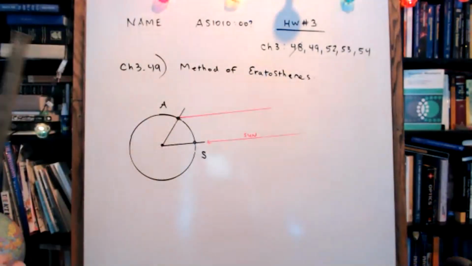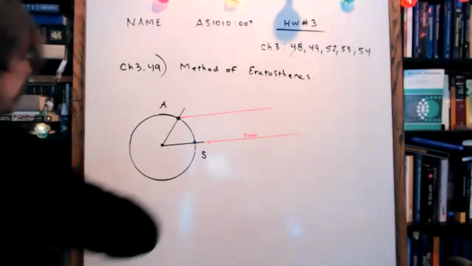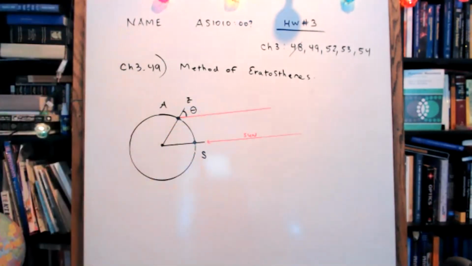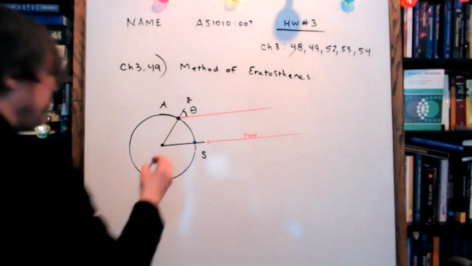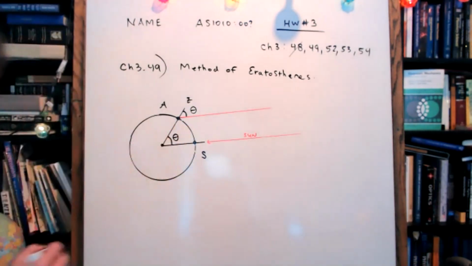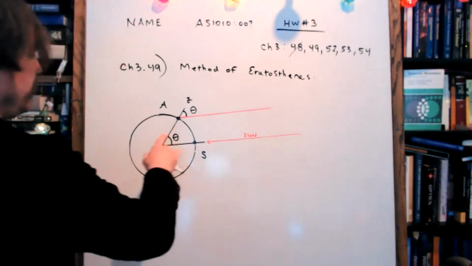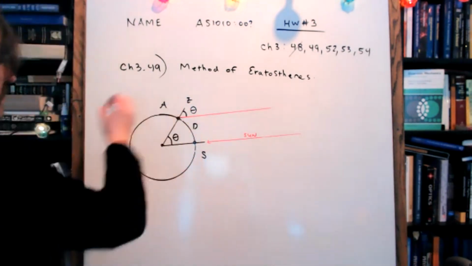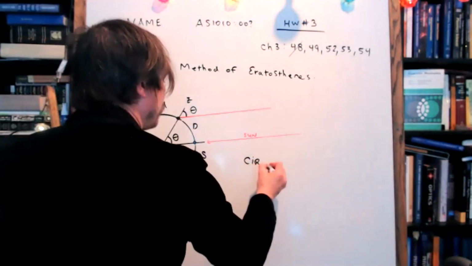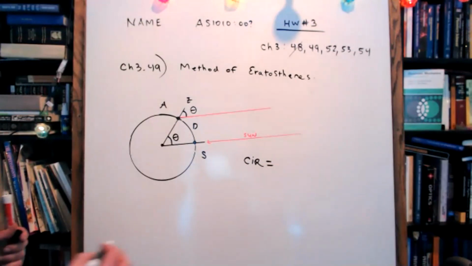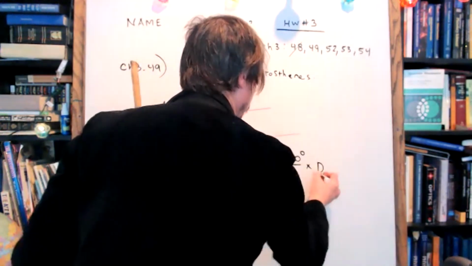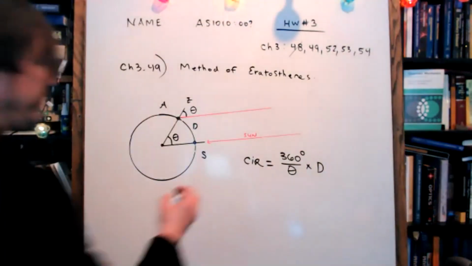You will remember this is important because Eratosthenes famously measured the angle between the zenith and the sun. In class last time, I called that theta. I told you that that angle was equal to this angle theta by geometry, the distance between the two cities, and that the ratio of theta to 360 is the ratio of this distance to the circumference. And therefore, I derived this formula that we call the method of Eratosthenes. The circumference of a planet is 360 degrees over theta times the distance. And now, Nori, we're set up for you to read the problem.